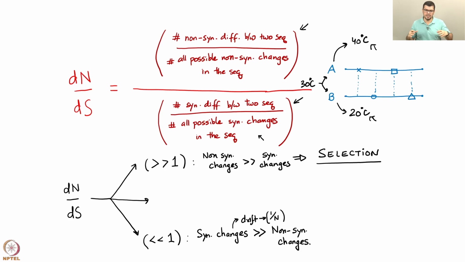So, what is happening in this case is that most of the non-synonymous changes that occur make the protein resulting from this DNA sequence worse off, and as a result fitness decreases, and it is weeded out from the population, and natural selection just keeps rejecting it. So, all non-synonymous changes are being rejected by natural selection, and only synonymous changes, because they are neutral, are being accepted. So, in this case selection is operating,